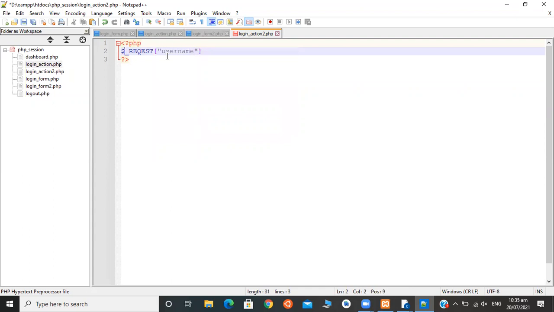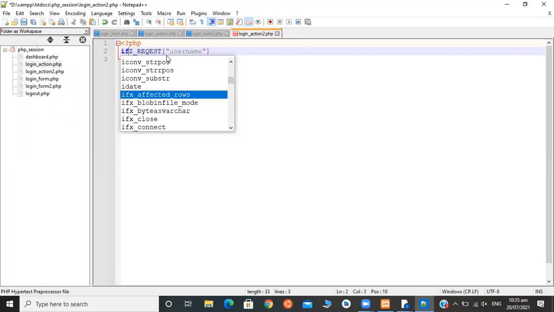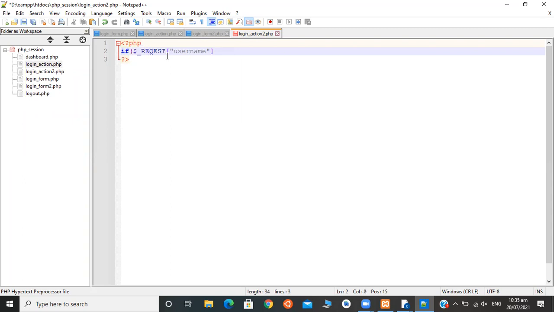$_REQUEST. And here first of all we need to check if it is present on the server. So if isset inside bracket, we need to check. isset is a function in PHP to check if a variable is present or not. Okay. isset $_REQUEST username. One more thing we need to check is a password.